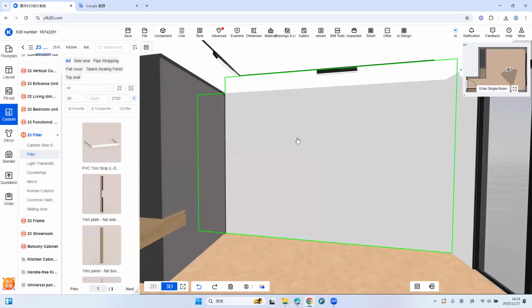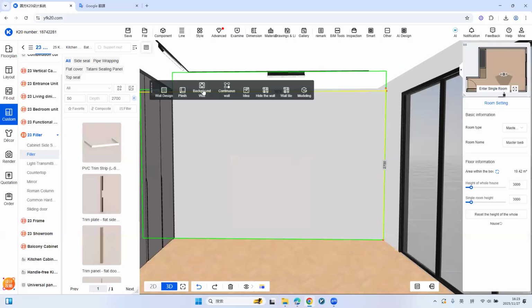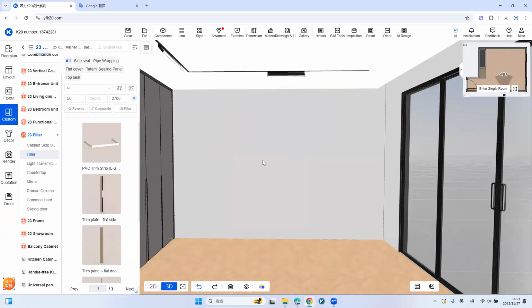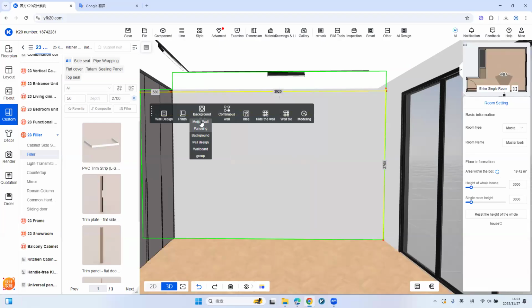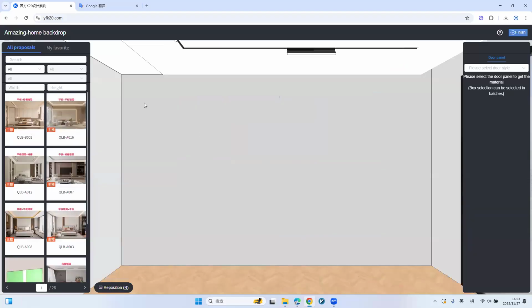Here we go to this angle, and then left click the wall. Then we can find the background wall, and then select the first option. We go into this one. Okay, and